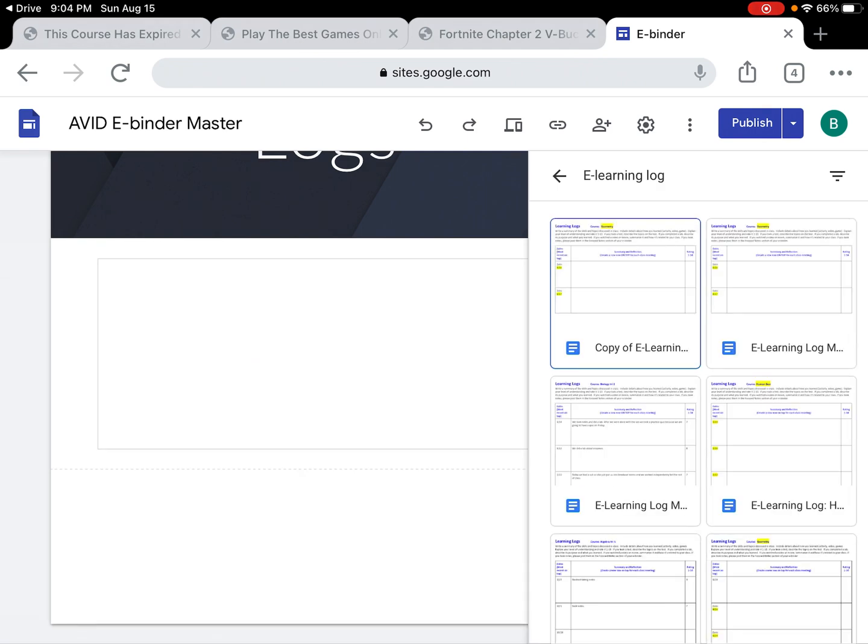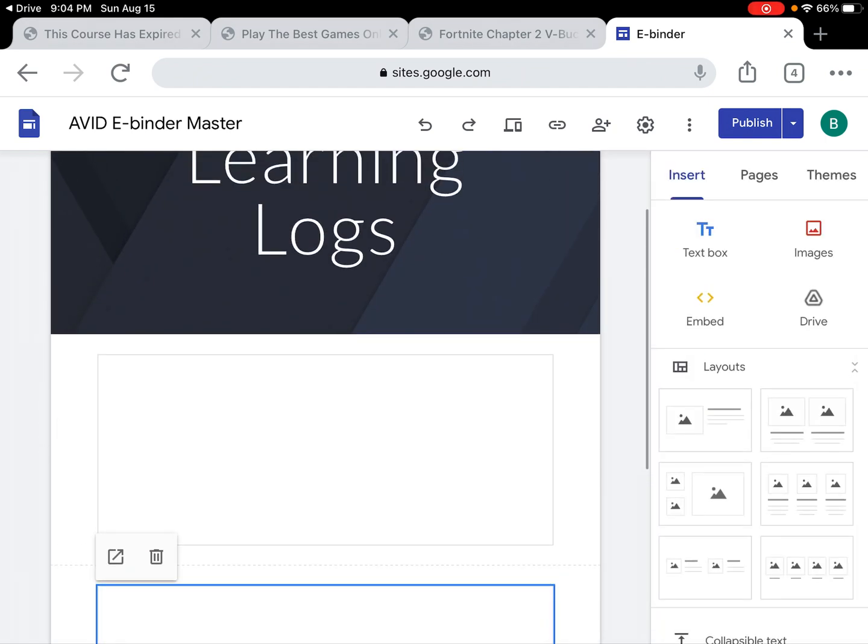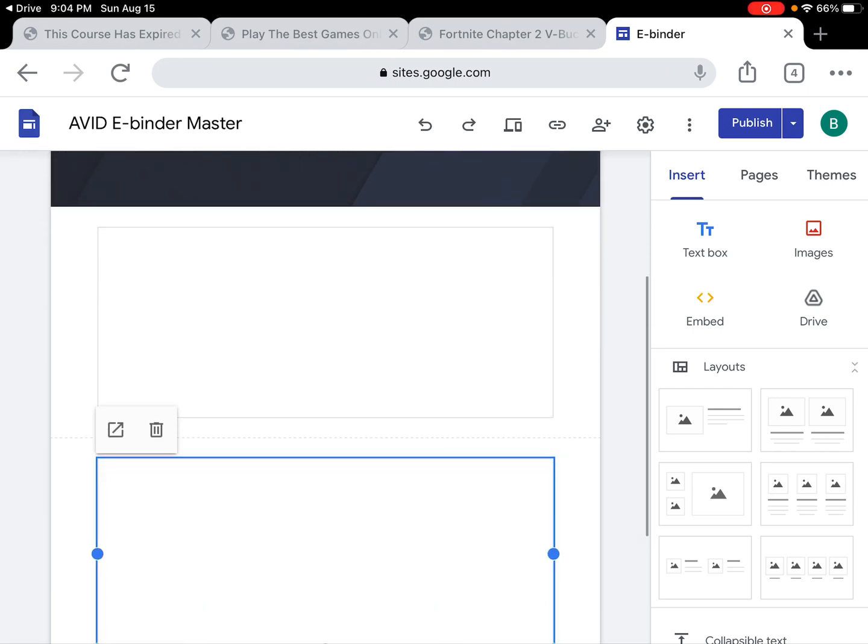So I picked a geometry one. This doesn't really matter. Here's another one that I can insert. Okay, and we would just be adding them down the list. Okay, and that's all. You're going to do that again and again till all 4 or 5 or 6, depending on your year in school,